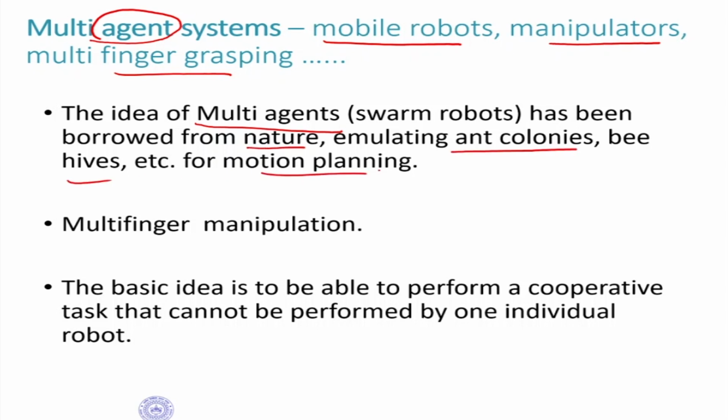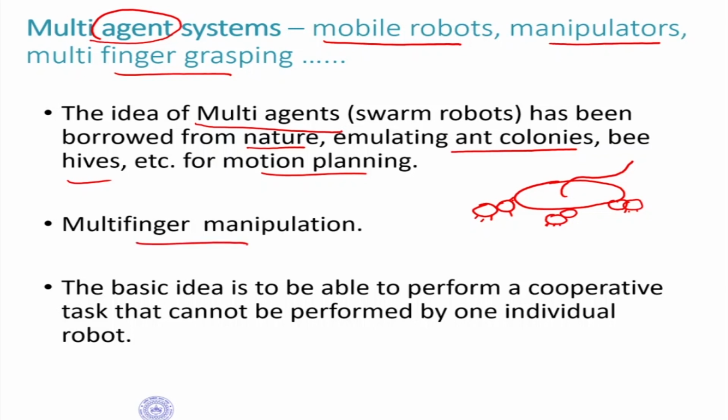Now, I'm sure you would have noticed that if there are multiple ants, maybe this is an ant, and these are ants which are carrying, you'll always find that ants will cooperate in carrying an object or pushing it somewhere. So there's an object which has to be moved like that. So the ants will go and arrange themselves around this object, either pick it up or push it in some direction. So this is where the idea of multi-agent and swarm robotics came from. And today we'll look at optimization for such systems.